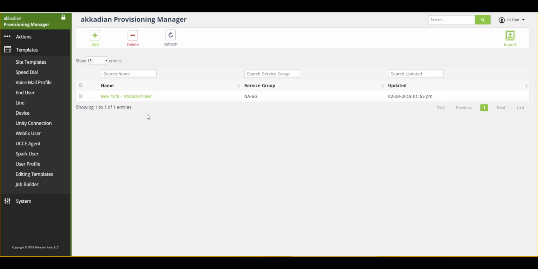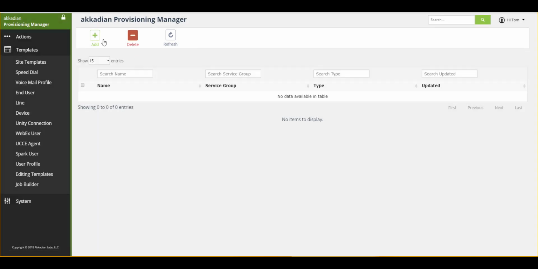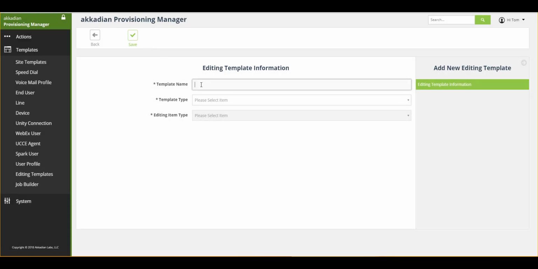We'll build jobs with this. Before I go, it's important for me, because you're going to be building more than just add jobs, to show you how to build edit and delete. So if you look down this list towards the bottom, just before job builder, you're going to see editing templates. If you go ahead and click on editing templates, we're going to build a few templates. The first thing I'm going to start with is delete. So I'm going to come in here, and basically